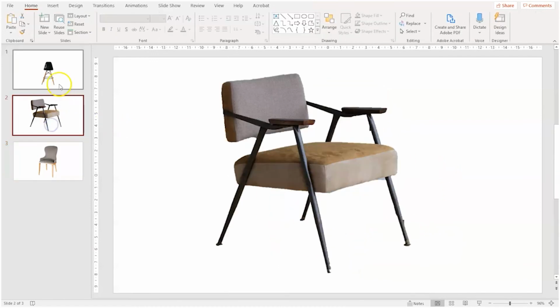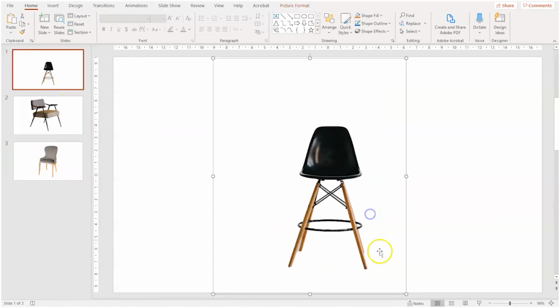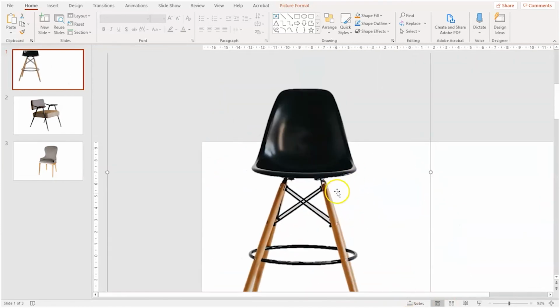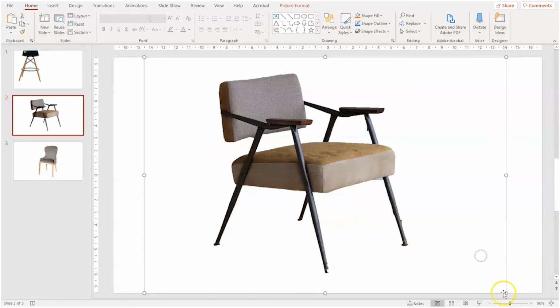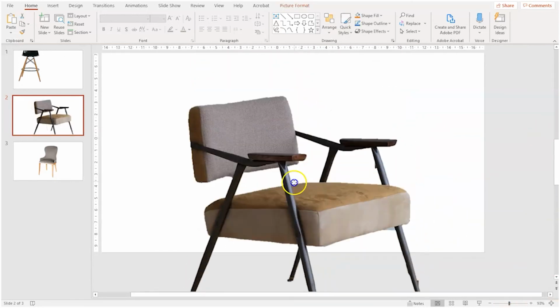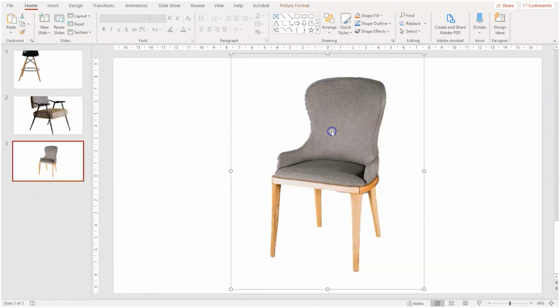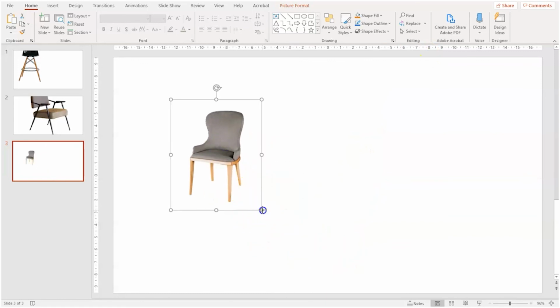Now, the key thing with PowerPoint in terms of comparing it to Photoshop is that you can see if you are needing these images to be quite large, there's a bit of a roughness to them. They're not going to be as precise as what you can do in Photoshop. They certainly will work in a pinch, but most of the time, if you're wanting something that's going to be a high quality print